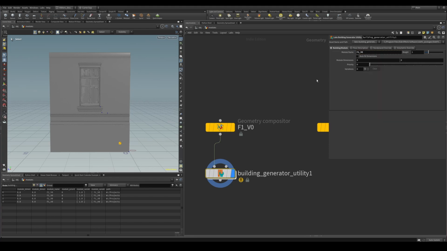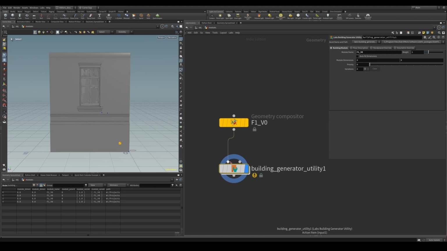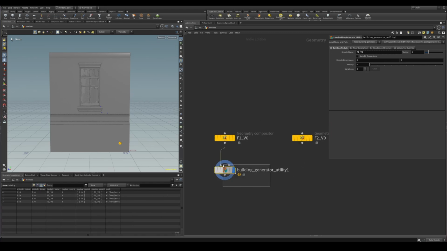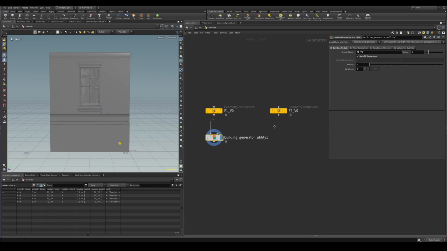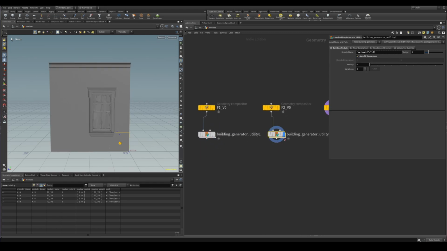You can see the module name is going to be fetched from the name of the node that has input 0 for this node. This is how we can easily name our module. You can see module name is also inside here, like that. And then for the dimensions, you want to just press on auto dimensions, and that's pretty much it. And you can just go ahead and copy both of these